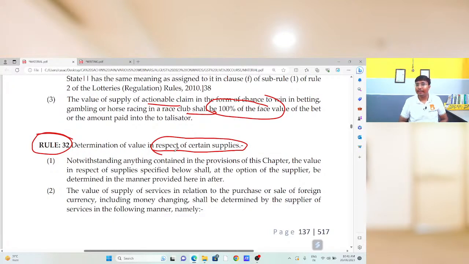Okay, in that case the bank has to make the payment of taxes. What is the amount on which the bank has to pay taxes, and what will be the value of supply of service in the hands of the bank? On which value is the bank going to charge GST, whether on the complete 1 lakh rupees, or on the dirham converted from the Indian currency? No. So we need to calculate the service part of the bank for that particular transaction. For that purpose